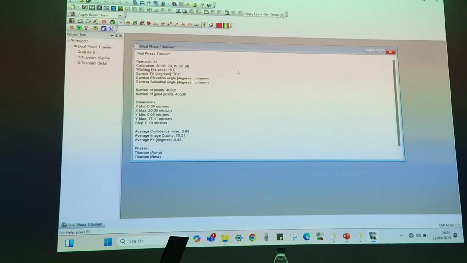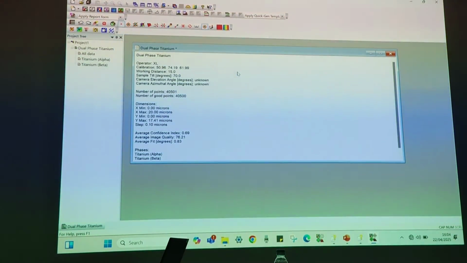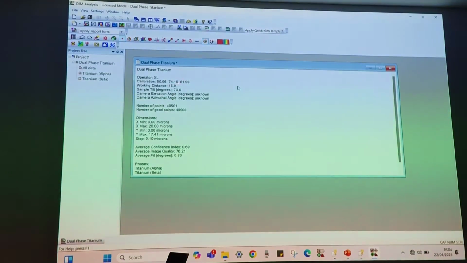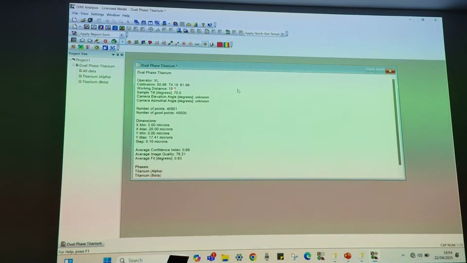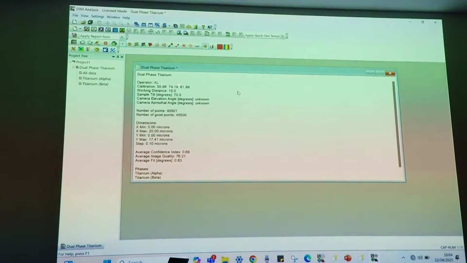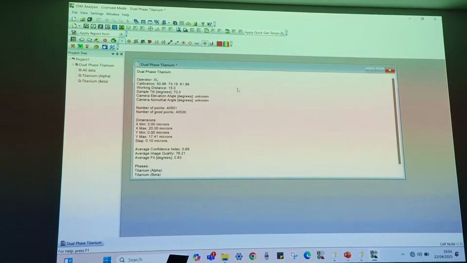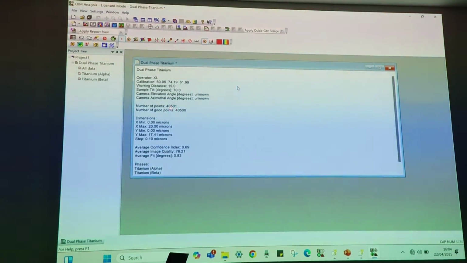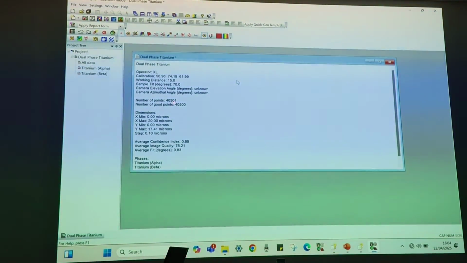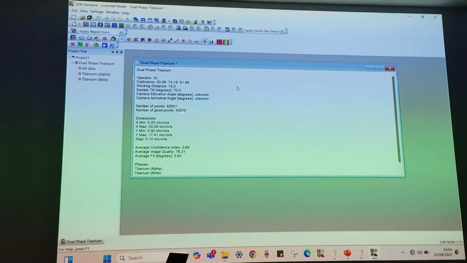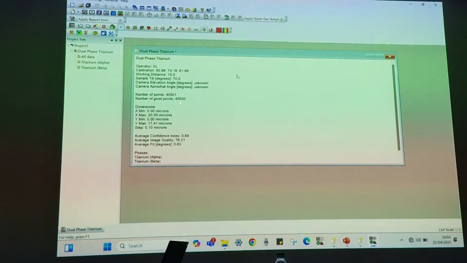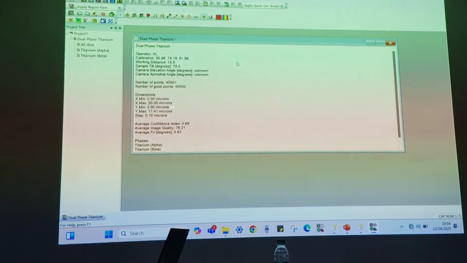So once you open the data set, it will read all those values, like what your calibration values were for the EBSD detector, what your working distance was. In this case, it was collected at 15 mm working distance. Then what your sample tilt was, how many points it acquired. It acquired a total of 14,501 points, and out of that almost everything except 1 point was a good point. That means the CI was good for all these points.